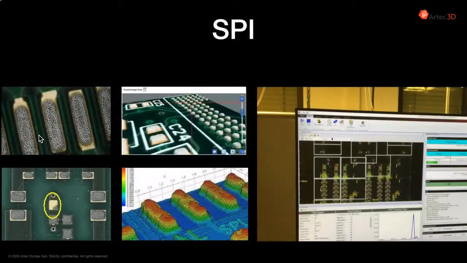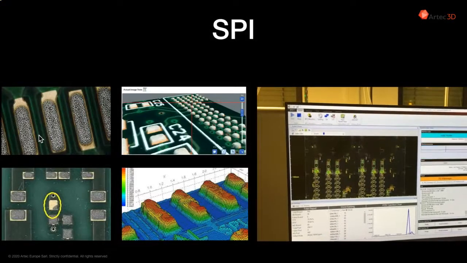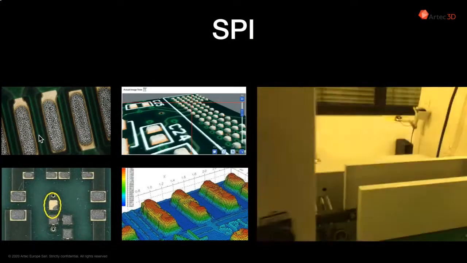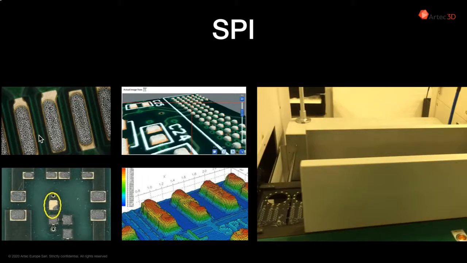And XI, so it's X-ray. It's very important for controlling the head-on-pillow or other hidden defects that appear on the very, very modern components. So with SPI, you can see the 3D way of checking. It allows us to check not only the area of coverage of the solder paste, but height and volume. It is very important, in fact, from the point of view of defects that may appear.